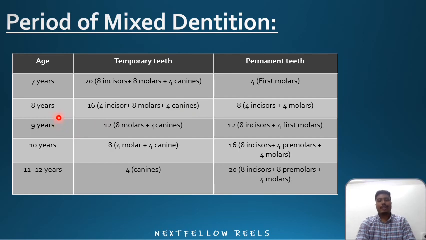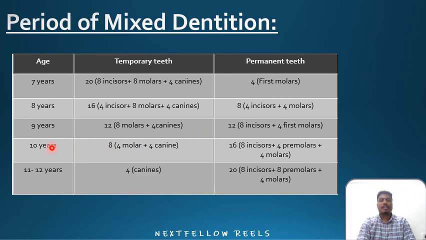Now, at the age of 8 years, there are 16 temporary teeth and 8 permanent teeth. The 16 temporary teeth are 4 incisors, 8 molars, and 4 canines. And the 8 permanent teeth are 4 incisors and 4 molars. At the age of 9 years, only 12 temporary teeth remain and there are 12 permanent teeth. The 12 temporary teeth are 8 molars and 4 canines, and the 12 permanent teeth are 8 incisors and